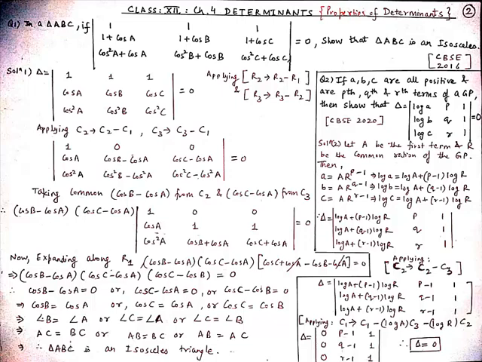So according to the question, let a be the first term and let r be the common ratio of the GP. We know that the general term of a GP, which is a_n, is equal to a r^(n-1). So according to the question, a is equal to the pth term, so I can write it as a = A r^(p-1), and then b is equal to the qth term, so b = A r^(q-1), and then c is equal to the rth term, so c = A r^(r-1).